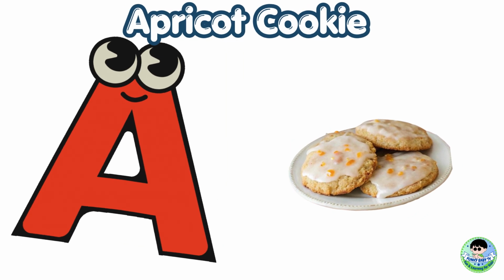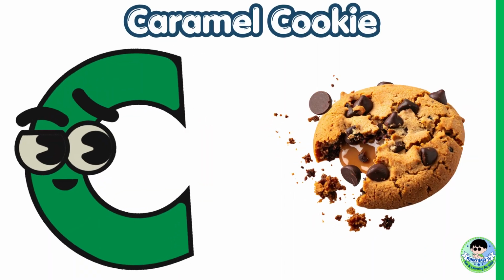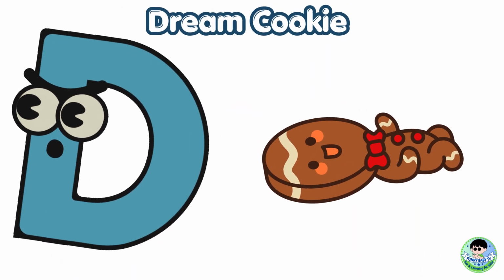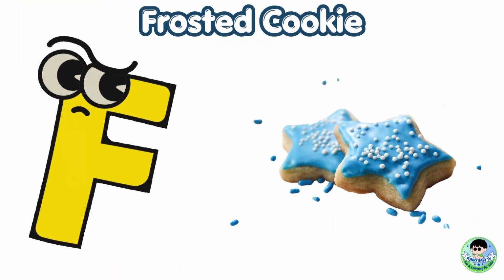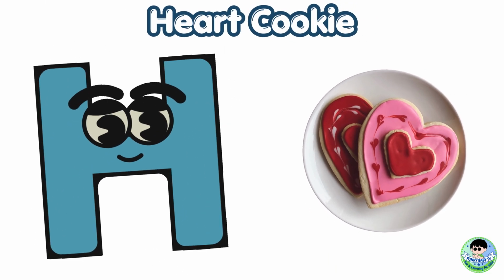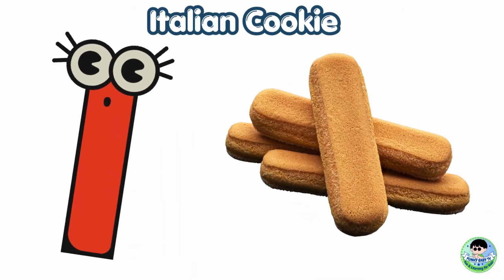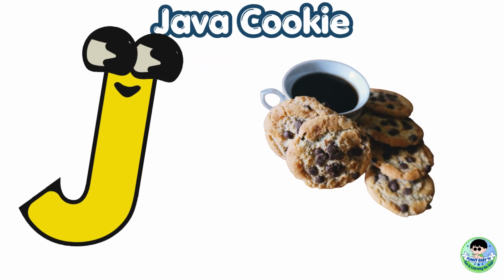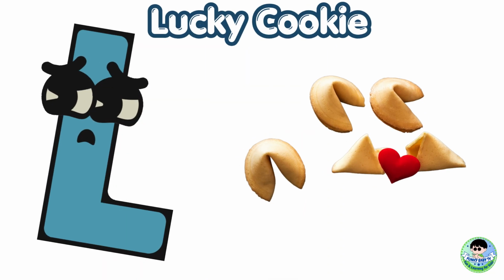A for apricot cookie, B for brown sugar cookie, C for caramel cookie, D for dream cookie, E for elephant ear cookie, F for frosted cookie, G for golden cookie, H for heart cookie, I for Italian cookie, J for Java cookie, K for kitchen cookie, L for lucky cookie,